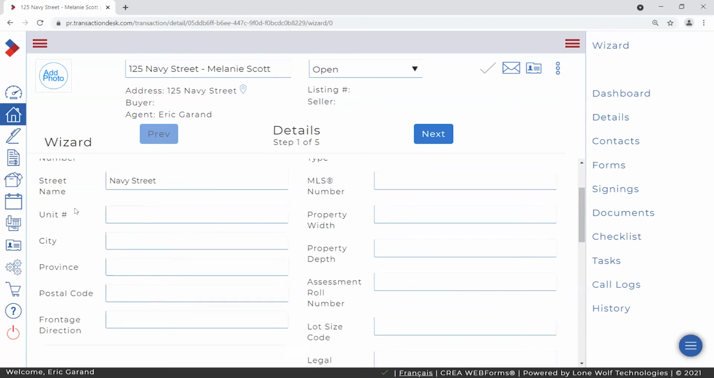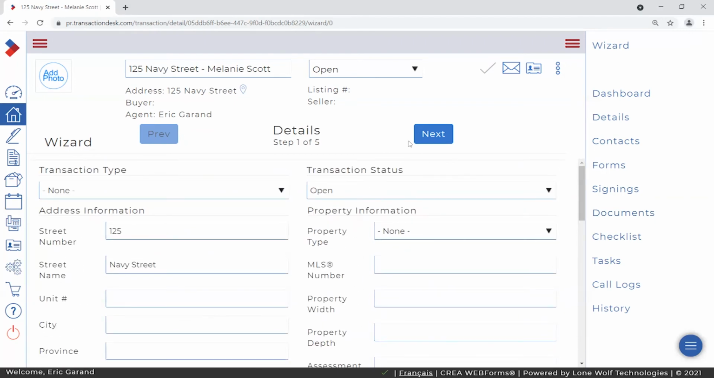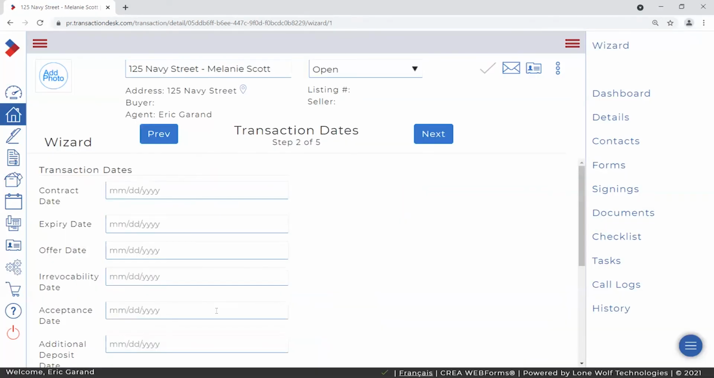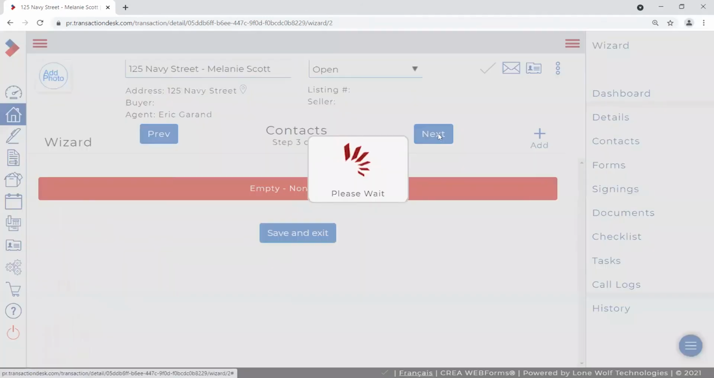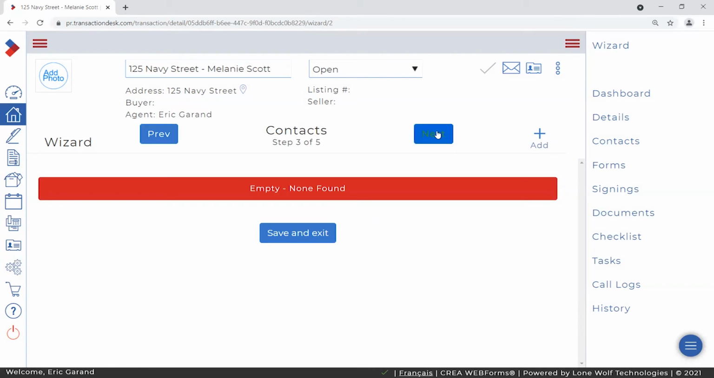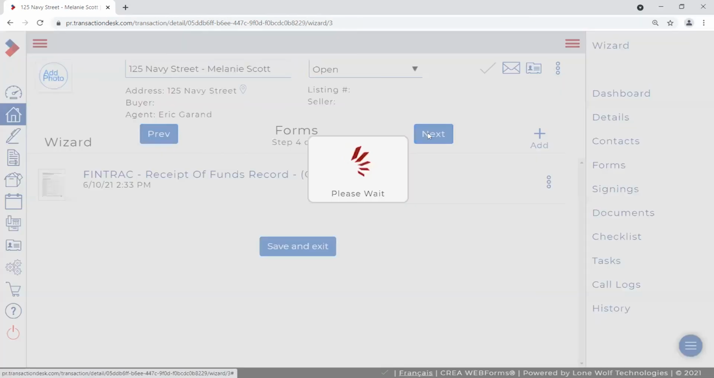So just step 1, you go through your details section, you move over to your transaction date. What is your offer date, your closing date, all that stuff. Add in your contacts. Step 3, who is your buyer, your seller, your buyer rep, all your lawyers on both sides, all that kind of stuff. Those are all the contacts that are going to make up the transaction. Next,